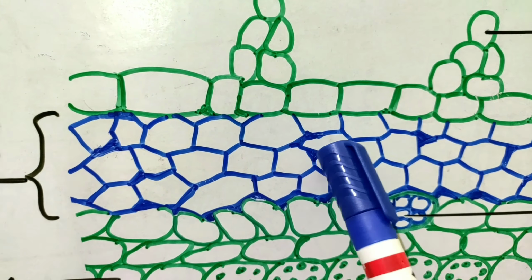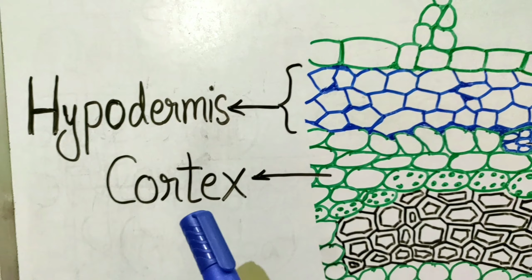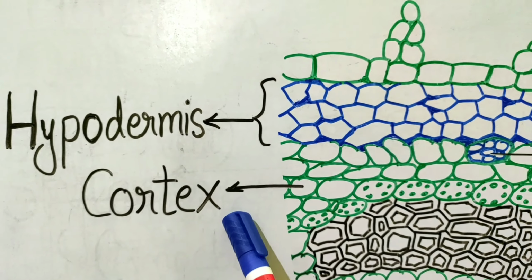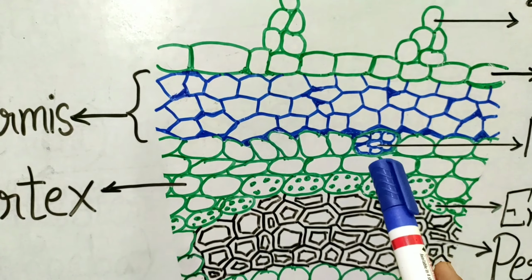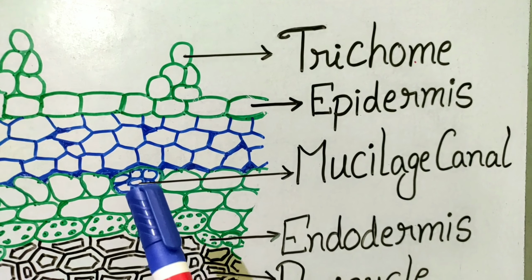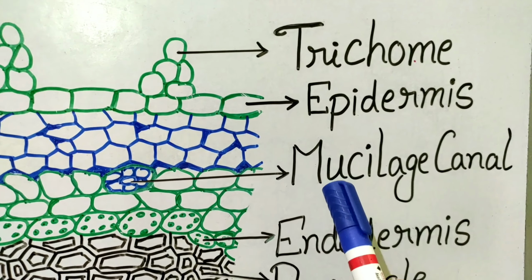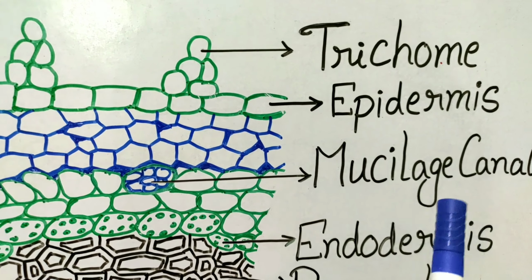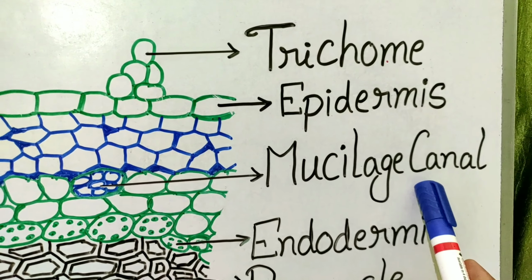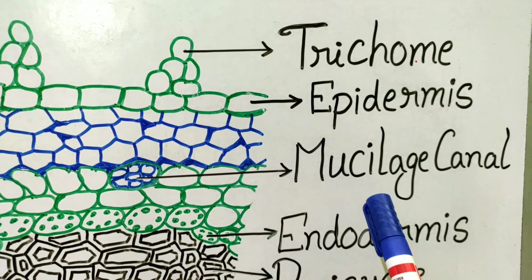So the collenchymatous hypodermis. After the hypodermis, you can see here some spherical or oval shaped cells. Together, these spherical or oval shaped cells are known as your cortex. It is made up of parenchyma cells. In between the cortex, some plants have some ducts. These ducts can be your oil glands, or they can be your mucilage canals. You will find that in some plants, when you cut the stem, some kind of slimy secretions are found. Those are called the mucilage canals. And sometimes oil ducts are also there.